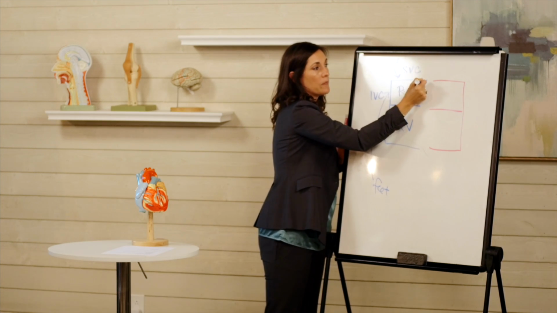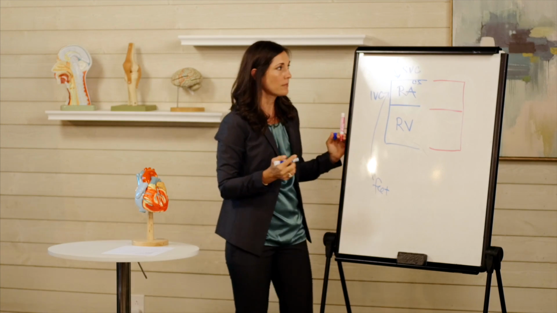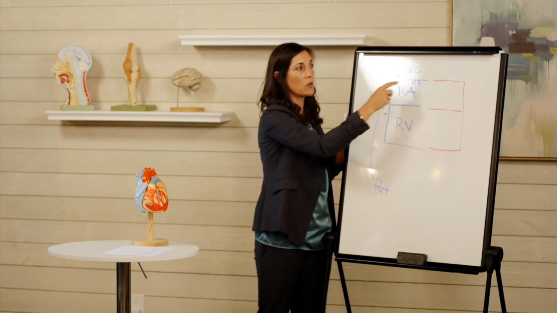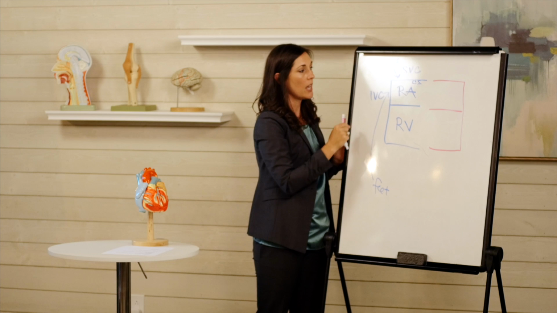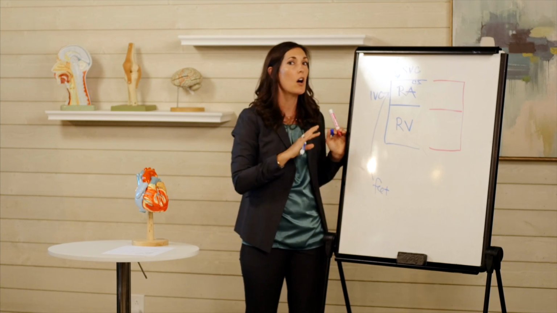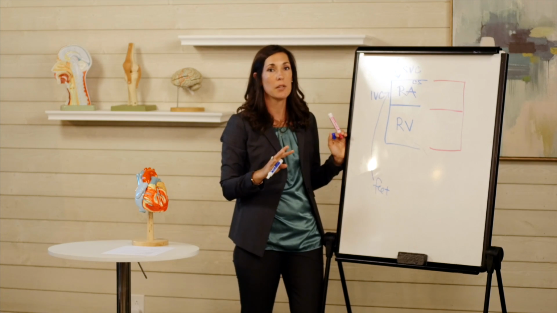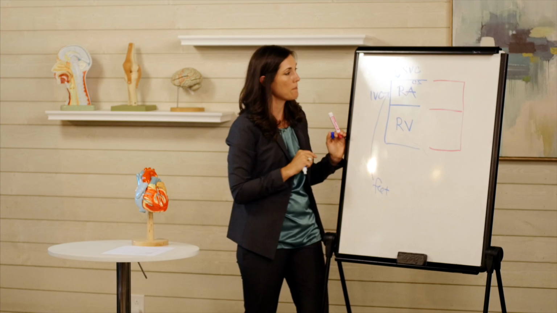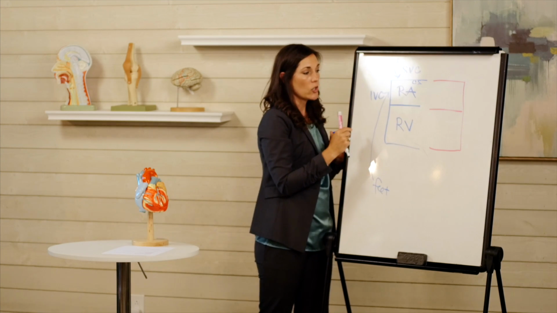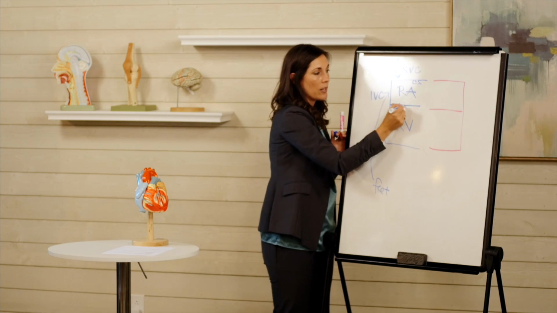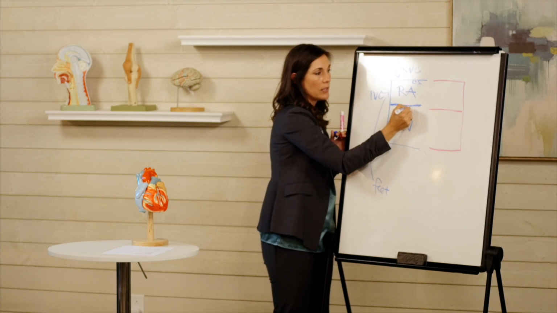I don't want to get too jumbled. Coronary sinus here. So three major vessels come in: coronary sinus, superior vena cava, inferior vena cava, all deoxygenated blood from the body. Okay? It dumps into the right atrium, and then the right atrium has these little flaps here,